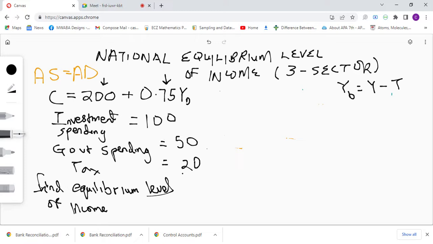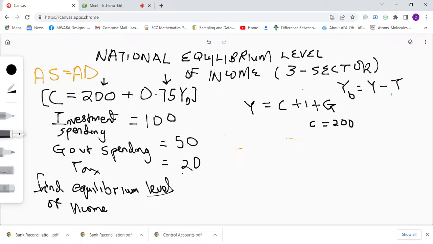So here we're dealing with a 3-sector economy. We're just focusing on consumption by the households, investment spending by the firms, and government spending. So we're going to say Y equals C plus I plus G. Before we start putting anything into this formula, let's first adjust our consumption function. So we'll say C, let me just do it on the side, C equals